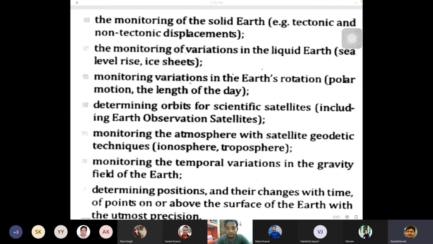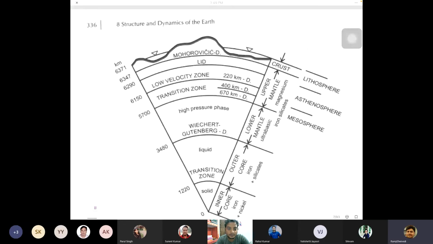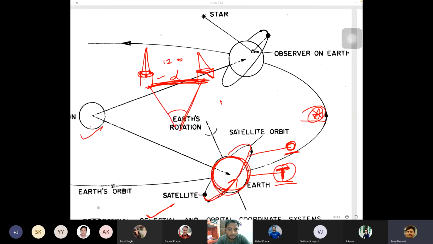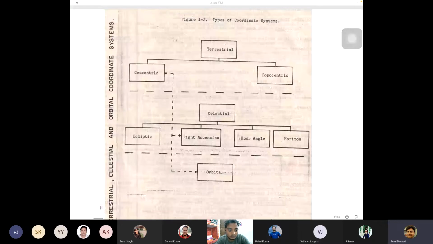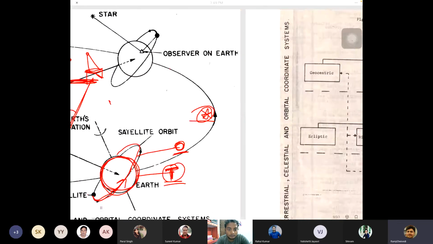Now coming back to this part on types of coordinate systems. Generally there are three types of coordinate system. One is called terrestrial, another is called celestial, and the third one is the orbital. There's another, time system, but not in the spatial nature. What I'm trying to say is, if you try to see that